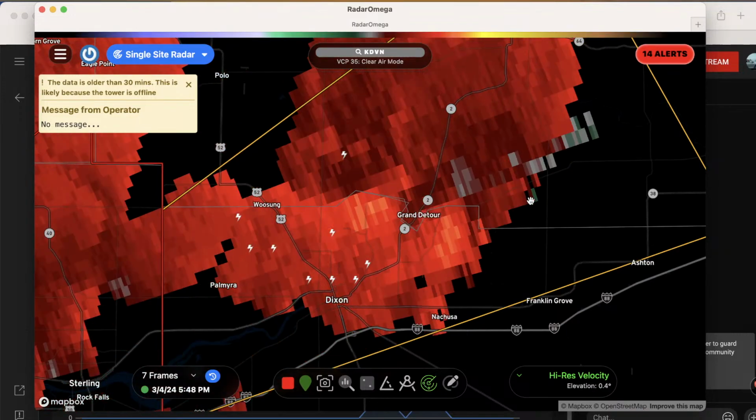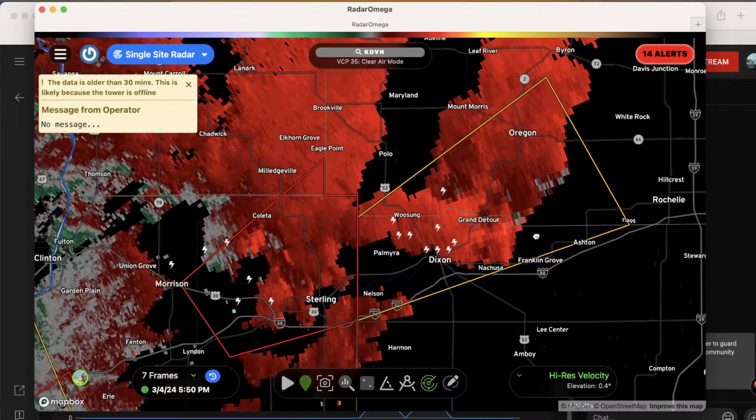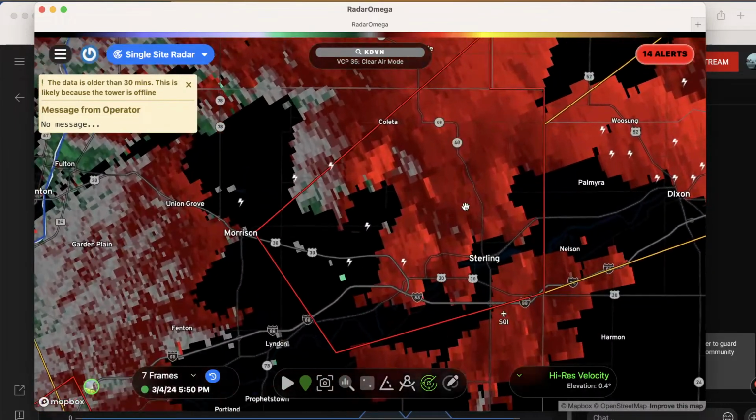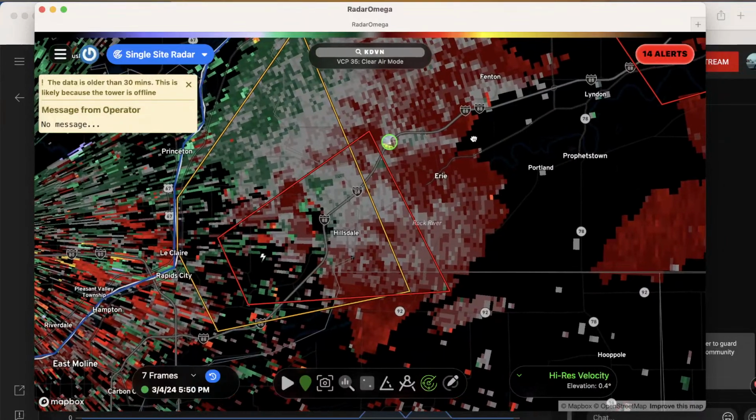Well, no, that was the same rotation that we saw before. So, I don't know. Maybe this would get warned. We'll see. Because if they warn these two, I expect they would warn that one, but...